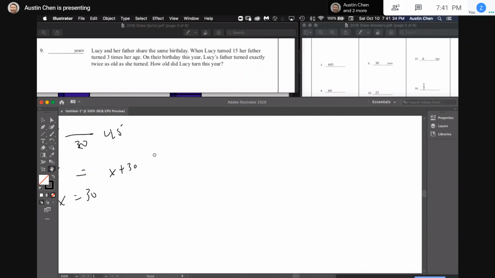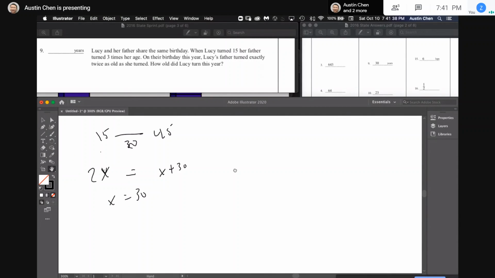Anything you want to say, Bill? Right. So what Austin said is very true. A lot of things can be solved by setting up a system of equations and things like that. But a lot of the time you just think about the numbers, like in this case, just thinking about the difference. You won't actually have to go through the process of setting up an equation and doing all that. You can just